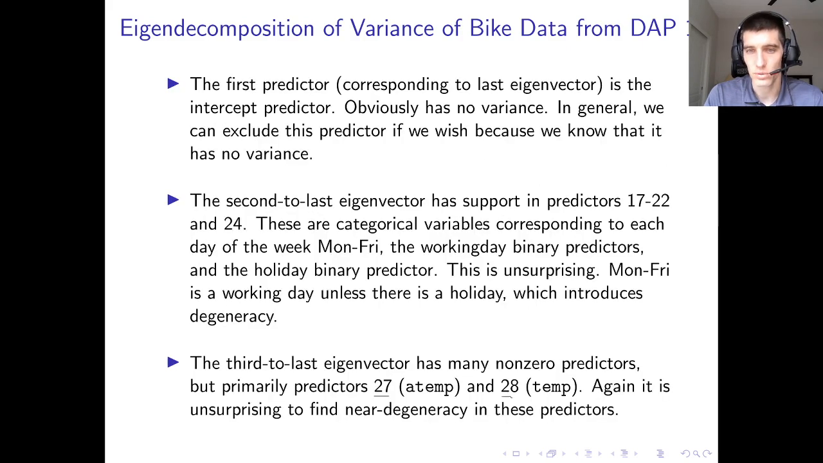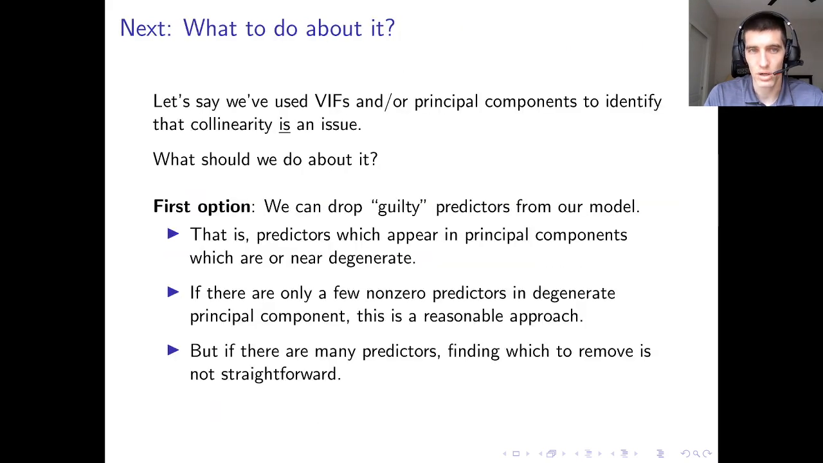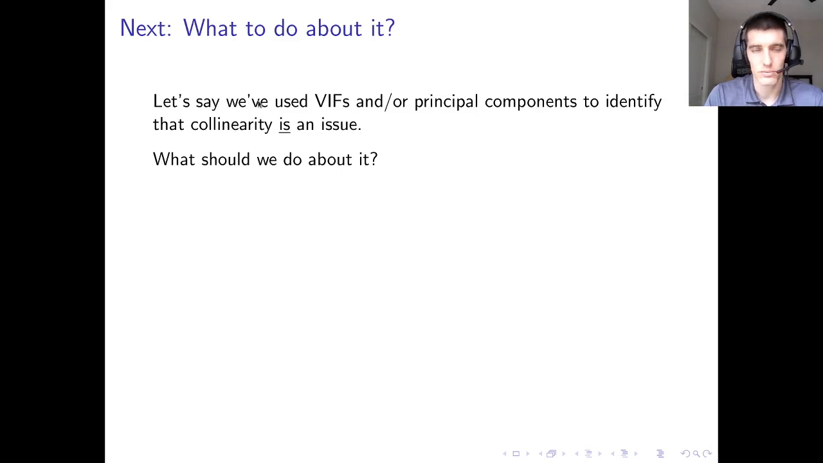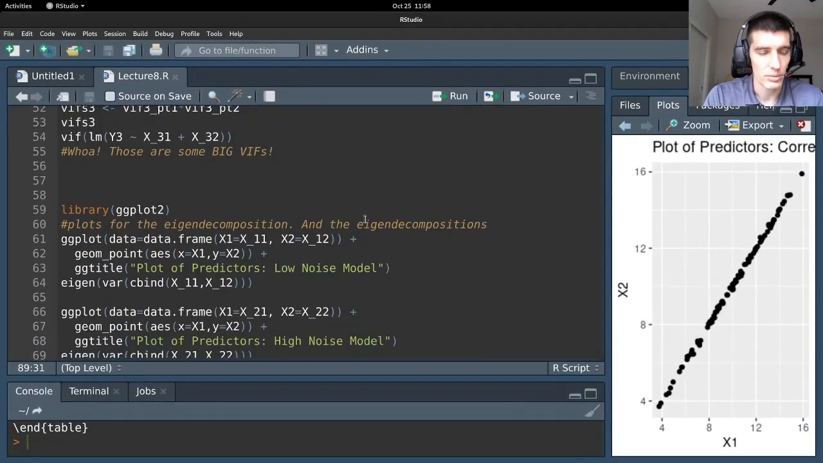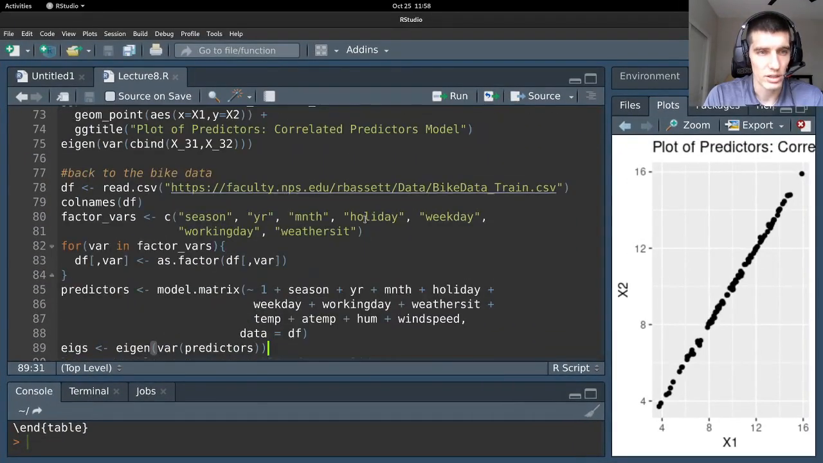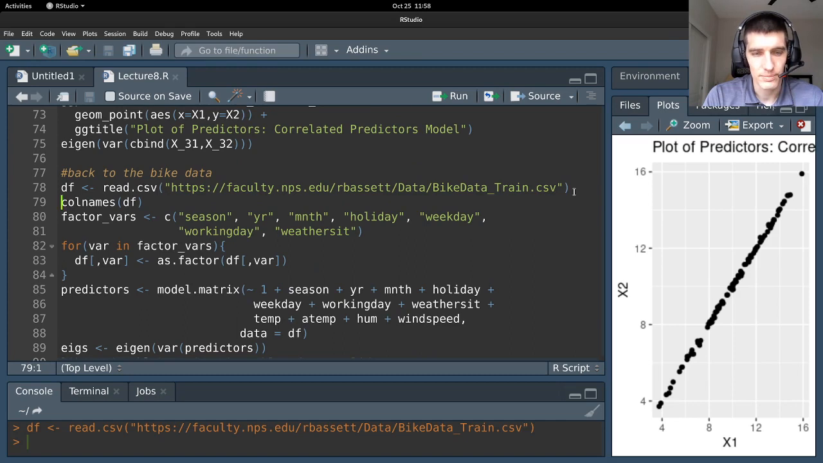We talked about how to compute the Eigen decomposition in R. Let's look at this really quick, and I'll talk through it, and then we'll get started on the next part, which is how to fix multicollinearity. So what I'm going to do here is read in the bike data from DAP1. Remember what these